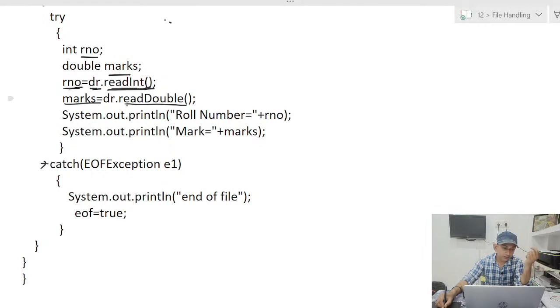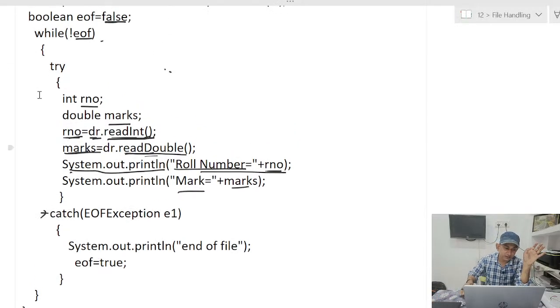मतलब फर्स्ट रोल नंबर और फर्स्ट मार्क्स इसमें स्टोर हो जाएगा। उसके बाद हम मैसेज प्रिंट कर रहे हैं। सिस्टम डॉट आउट डॉट प्रिंट कहाँ आउटपुट देता है? आउटपुट स्क्रीन पे। सिस्टम डॉट आउट, आउटपुट स्ट्रीम में डेटा देगा और वहां से मॉनिटर पे चला जाएगा। मॉनिटर पर प्रिंट हो जाएगा, रोल नंबर इक्वल टू 1, मार्क इक्वल टू मार्क्स की जो भी वैल्यू होगी, ओके। फिर अब कोई एक्सेप्शन नहीं हुआ, फर्स्ट डेटा था, अभी एंड ऑफ फाइल नहीं आया, तो कंट्रोल कैच ब्लॉक में नहीं जाएगा। कैच ब्लॉक में तभी जाएगा जब ट्राई ब्लॉक में कोई एरर आएगा।